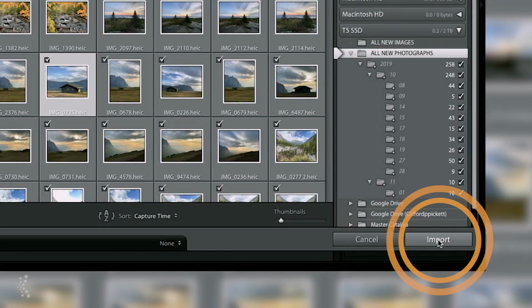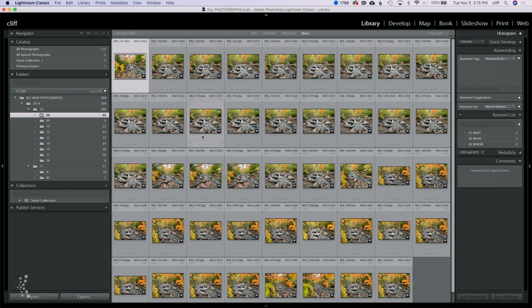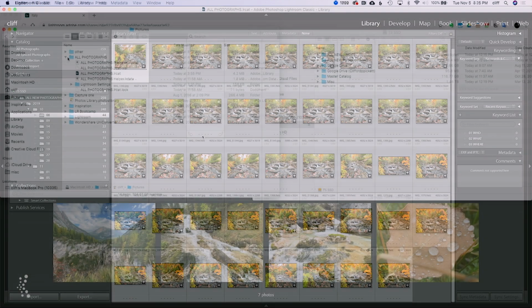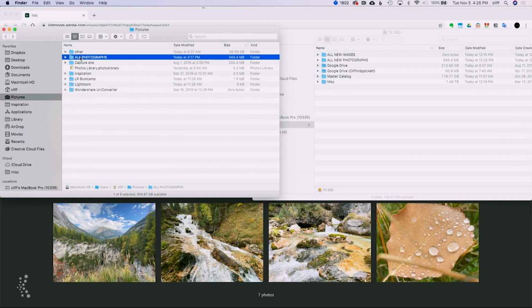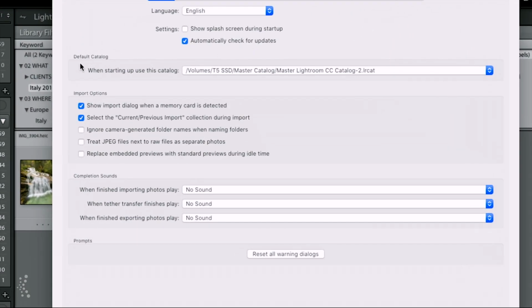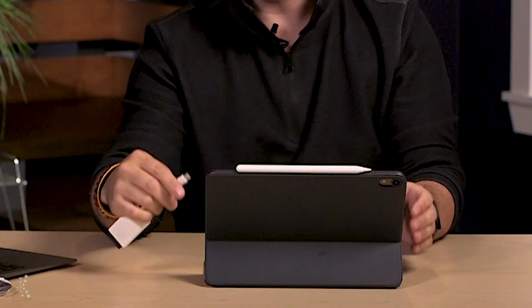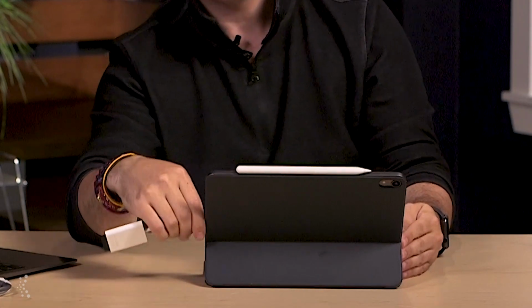I'm going to be going over exactly how to fully automate the entire workflow, and once this is done, you never have to think about it again. It's going to know exactly where to put your images, exactly what hard drives and what folder structures, exactly how to find your images, and then we're going to take it a step further to show you a workflow where we can